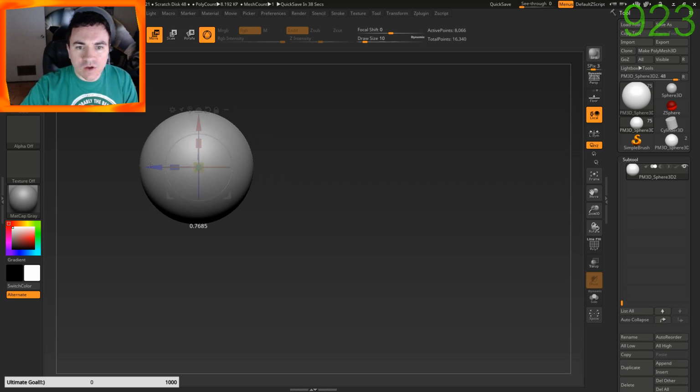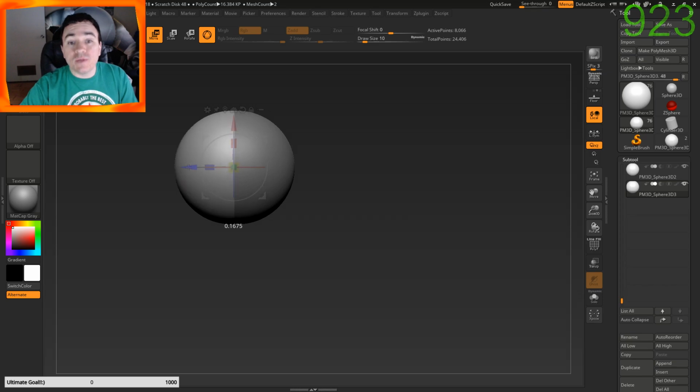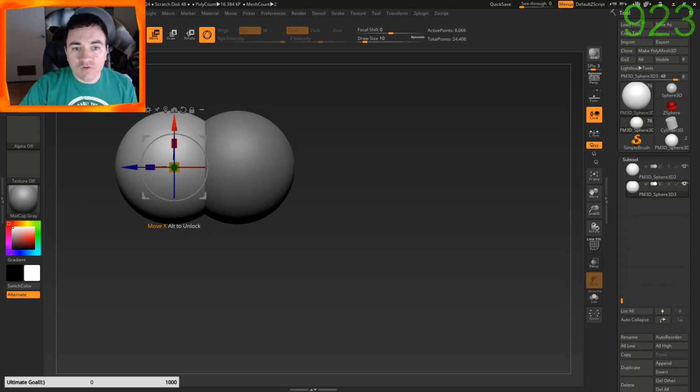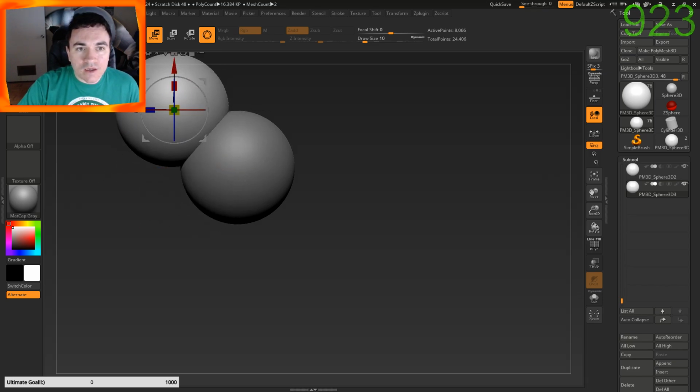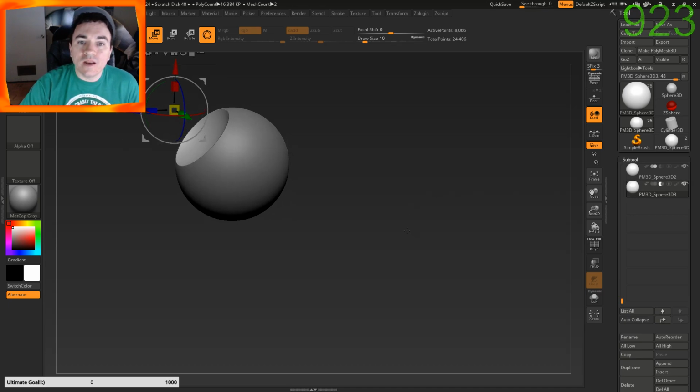Control-Shift-D, okay, now it has been duplicated. Now we can move it over, and we can have live Boolean turned on, and then subtract it, and now we can cut out from that shape, and we can get very complicated, and we can have multiple